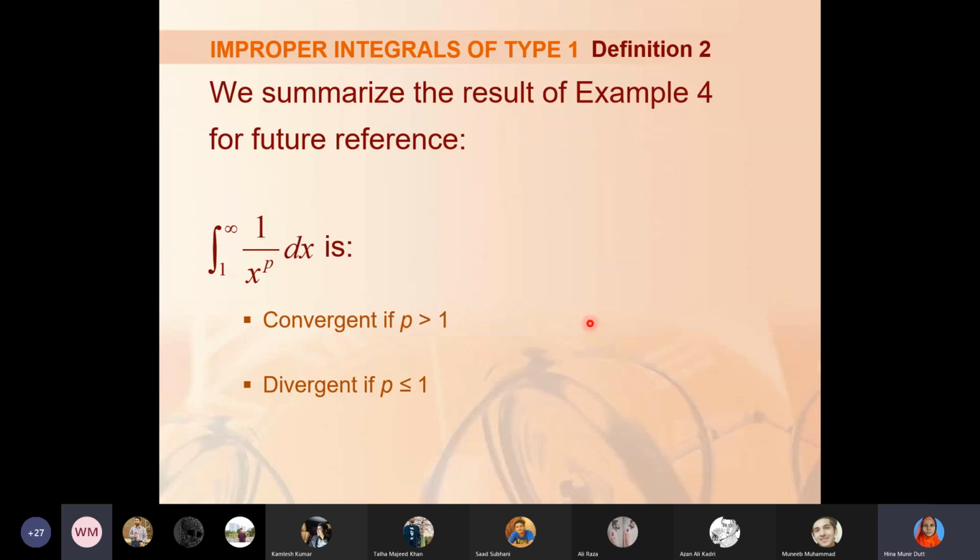मैम एक दफ़ा जी ये वाला पॉइंट दोबारा बता दें कि 1 ओवर एक्स क्यों कन्वर्ज कर रहा था और 1 ओवर एक्स स्क्वायर क्यों नहीं।